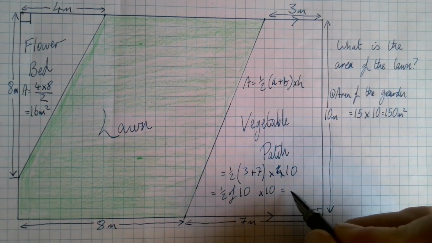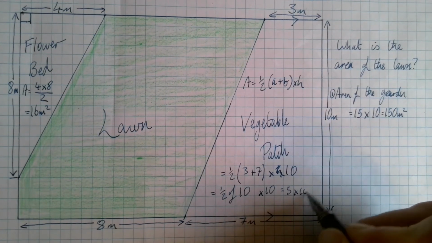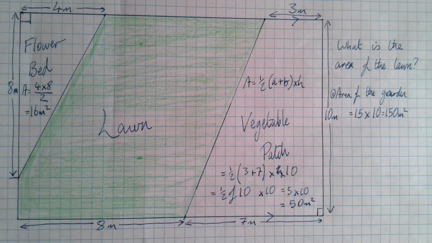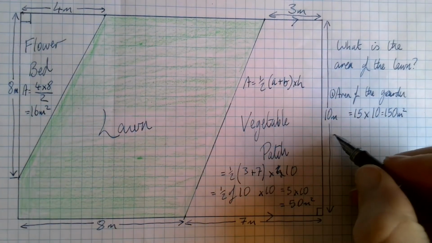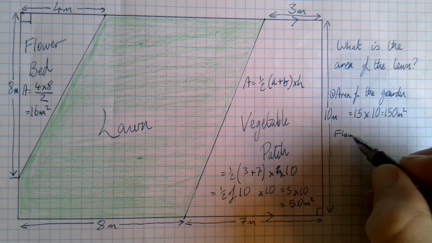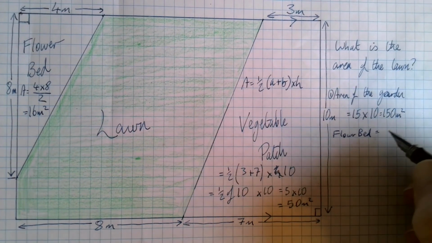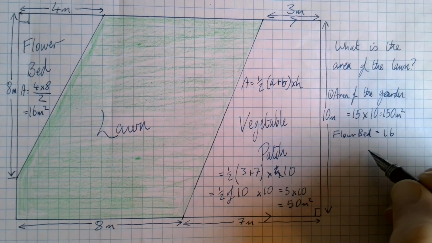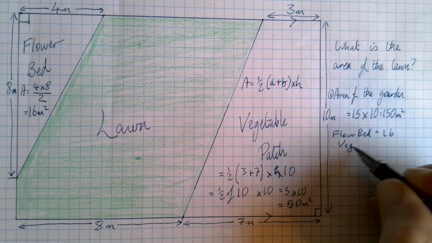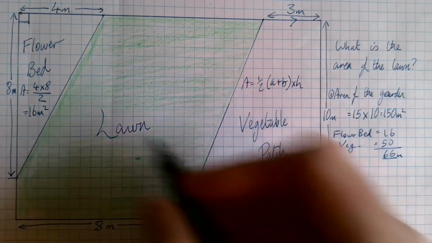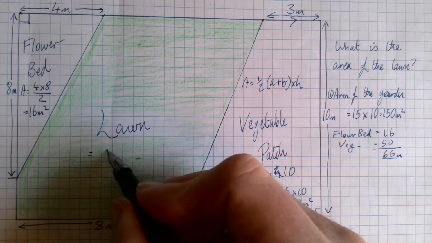So half of 10 is 5, times 10 is 50 square meters. So the flower bed is 16, the veg patch is 50, add those together gives you 66, so the lawn is going to equal